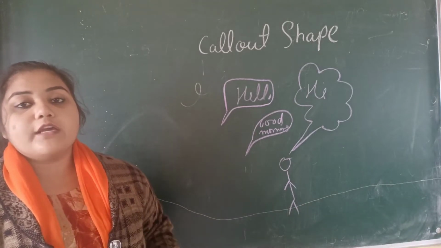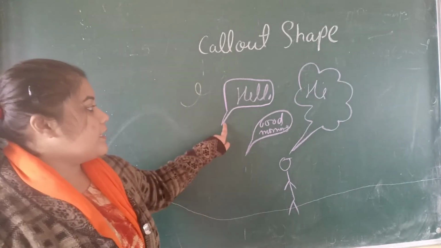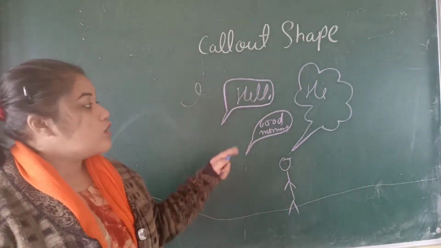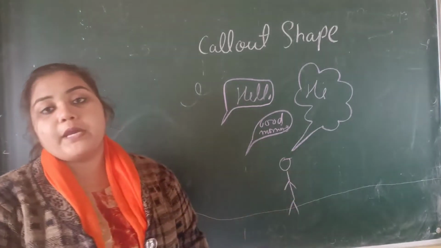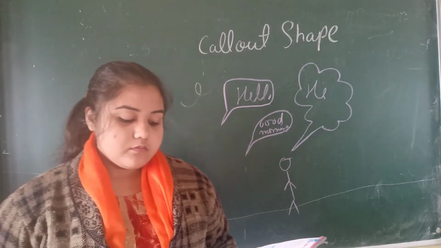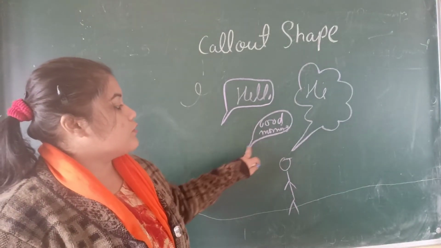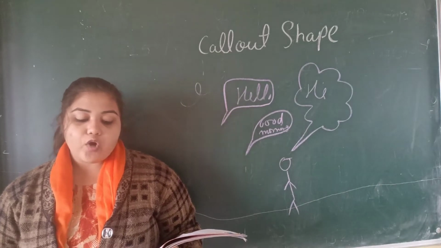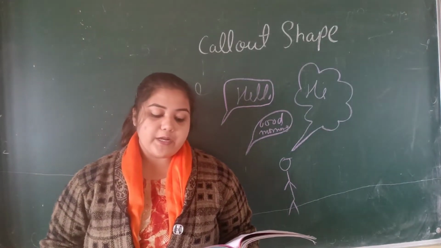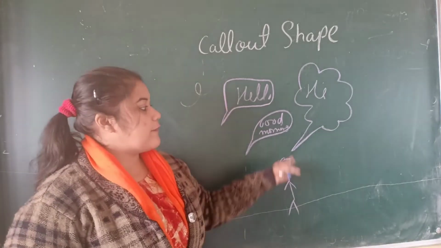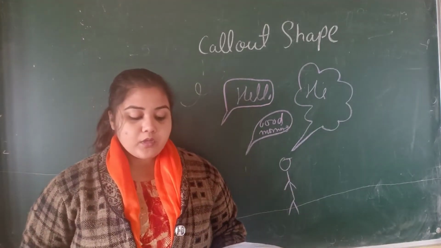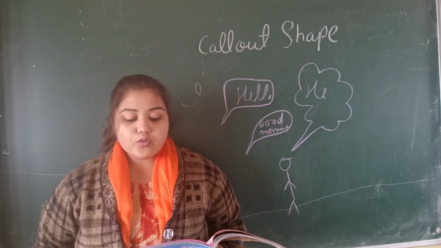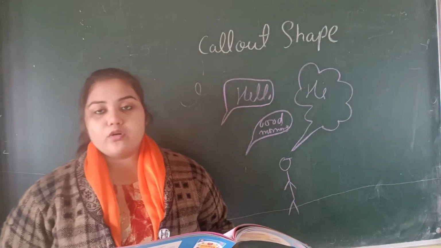What is the thing you will notice in these callouts? See here by opening, they are doing some speaking. So this type of shape is also made for showing this callout. Now children, you have seen that normally the dialogues in a comic book are displayed in speech balloons. So this type of callouts are there. Speech balloons, you can refer to them. Now let us say you want to use these speech balloons in your drawing also.